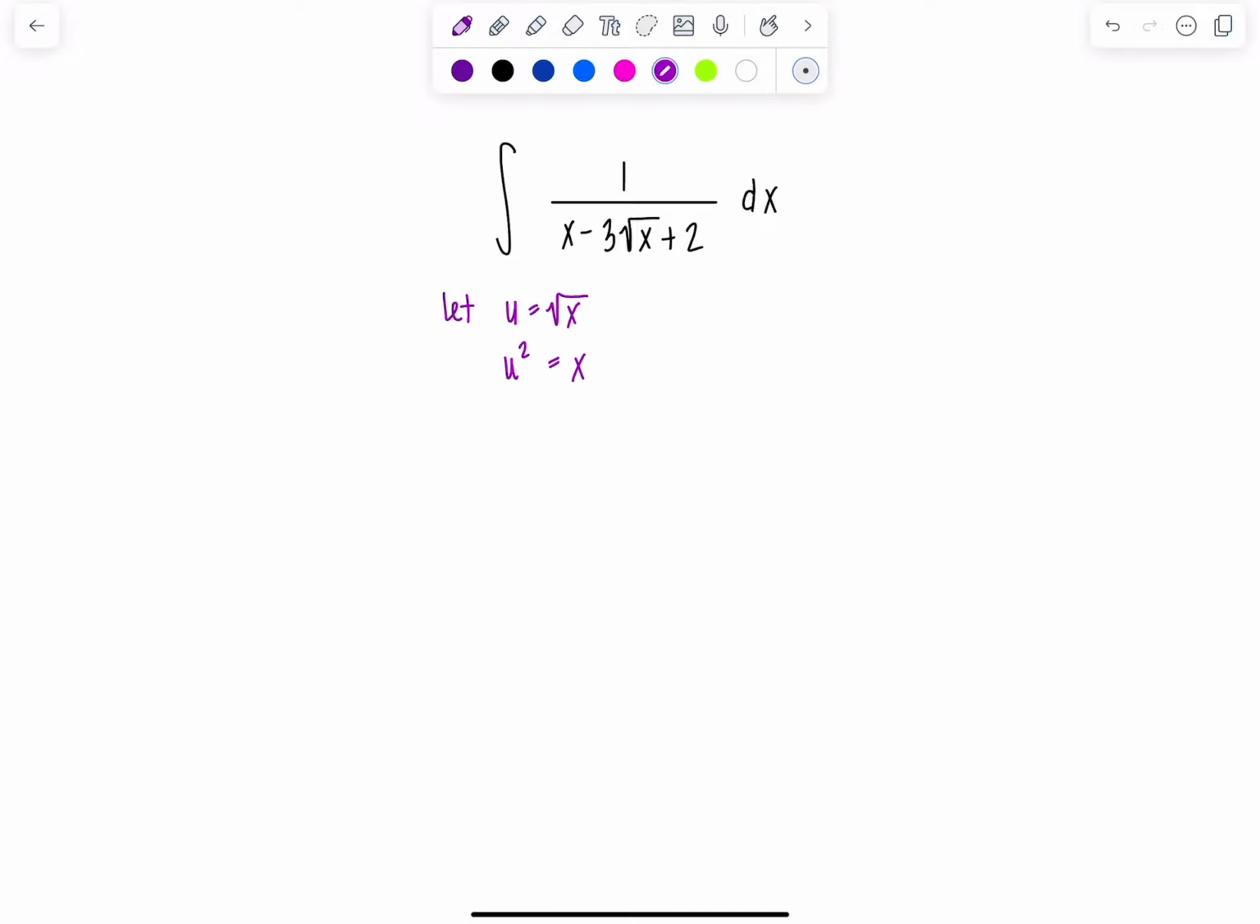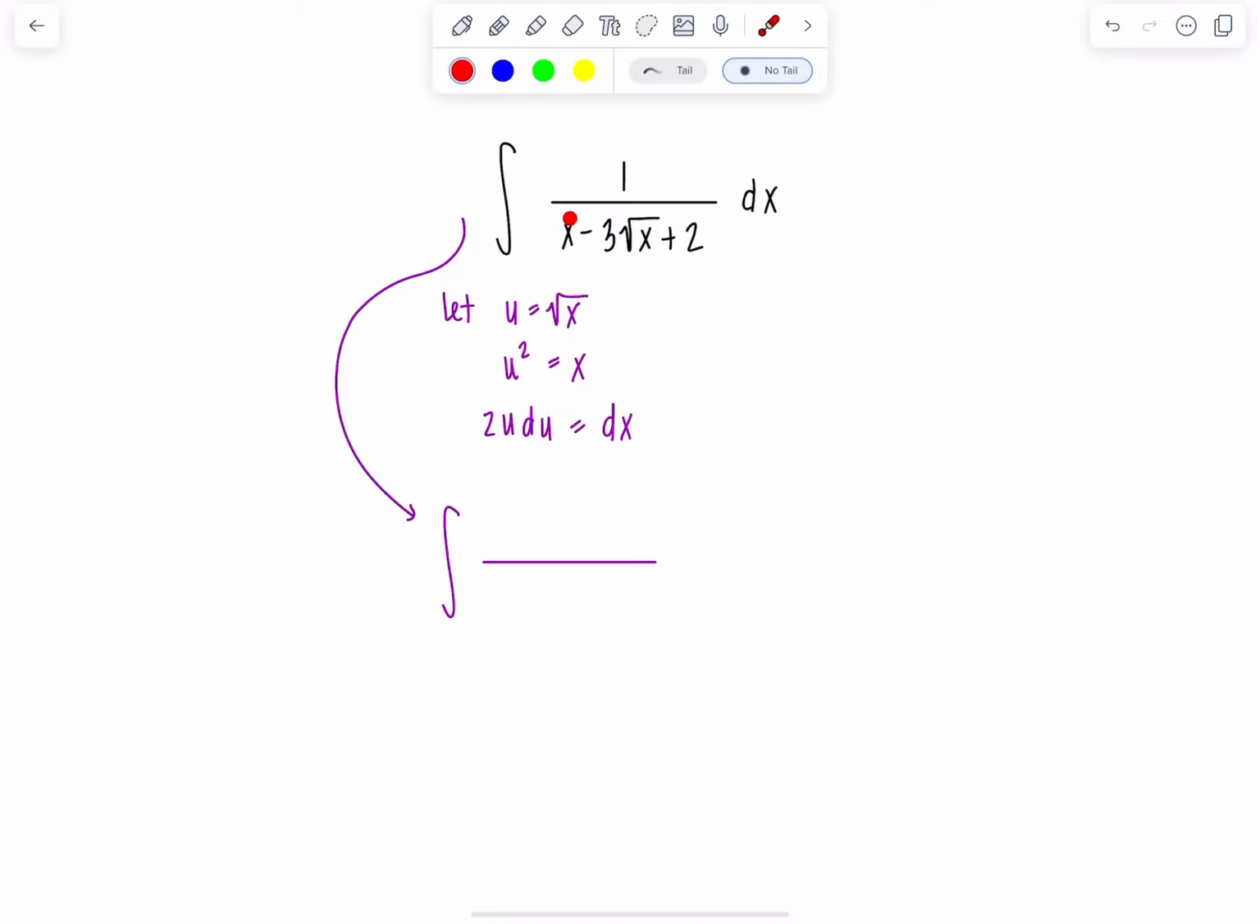And now let me differentiate both sides so I can rewrite my entire integral in terms of u. So derivative of the left-hand side will be 2u du equals 1 dx. All right, so let's see, this is going to really get the ball rolling. In the denominator now, instead of this x, you see this x? I'm going to replace it with u squared